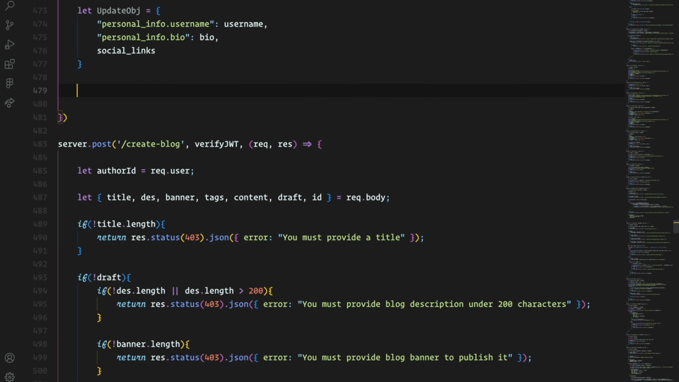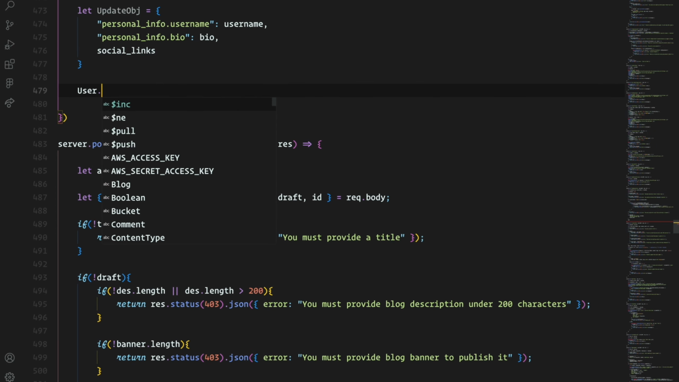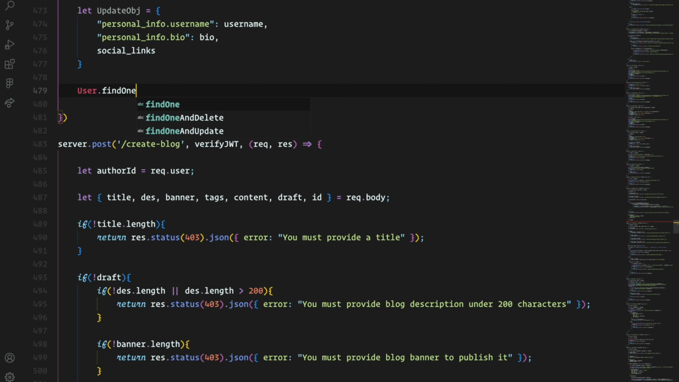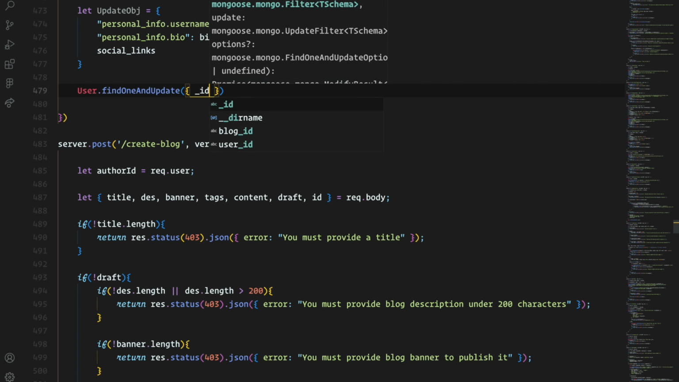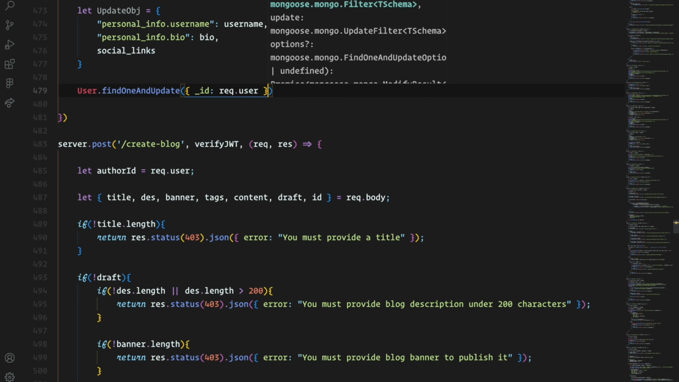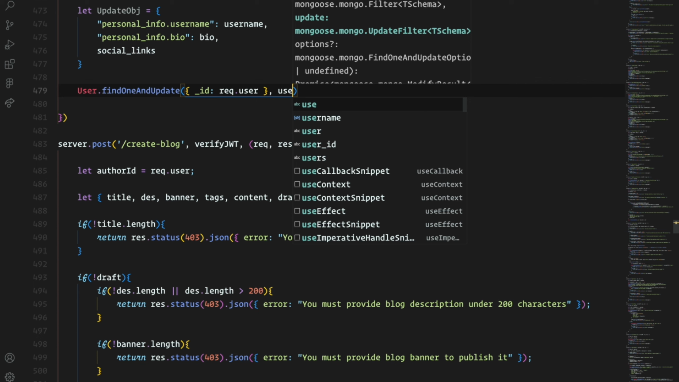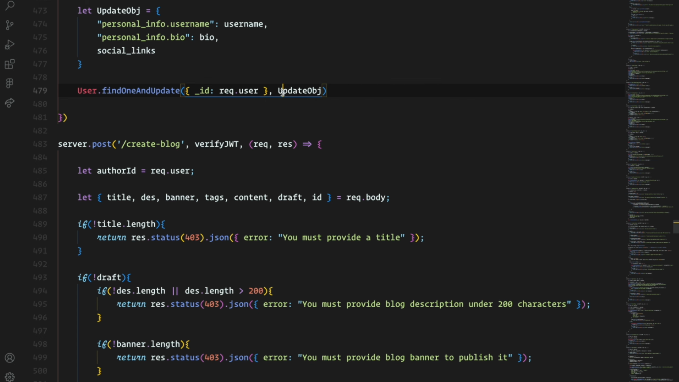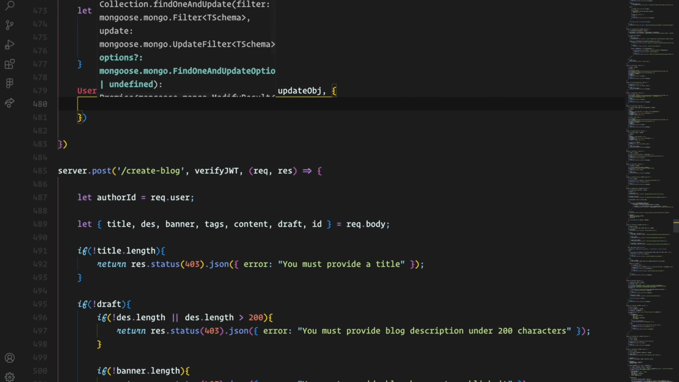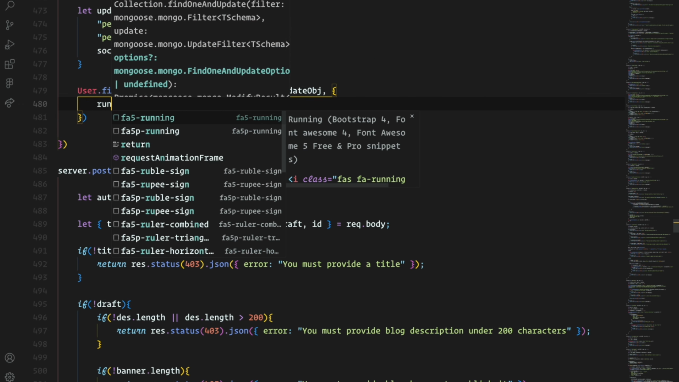So now I just have to find the document and update it. So I will say User in order to access the user collection, and then findOneAndUpdate in order to find one document and update it. The query that I want to find with is _id equals request.user, and then what I want to update is the update object. So just pass the update object. Actually, let me make the u lowercase. So this update object is just reflecting this object, and after this I will pass one object, and that object will be